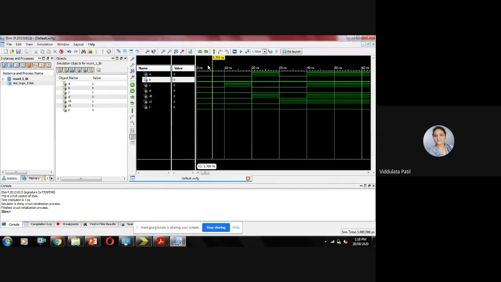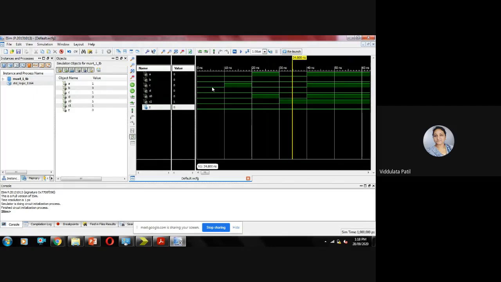So here initially all the values are 0, so output is also 0. Now here S1 0, S0 0, A 0, output is 0. Again, in this case, S0 is 1, S1 is 0, as C is 0, output is 0.